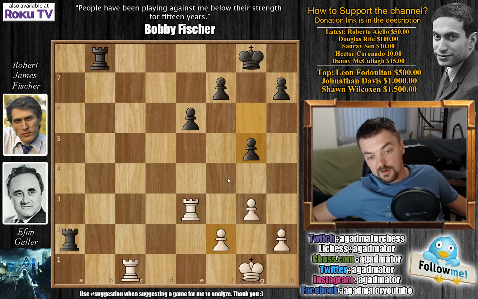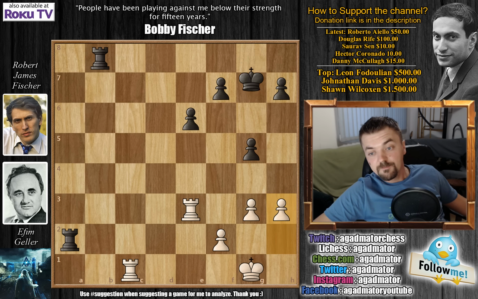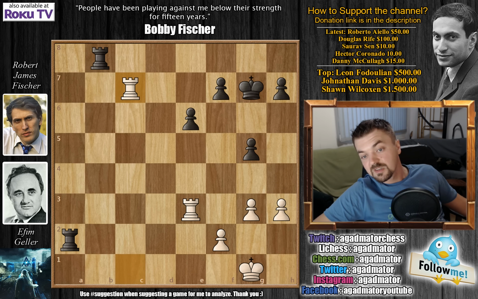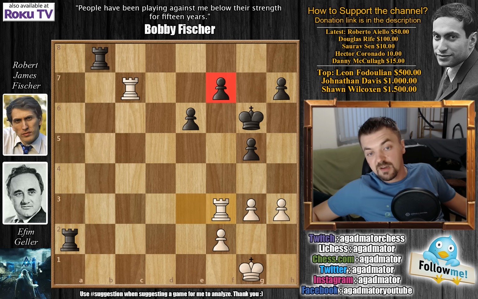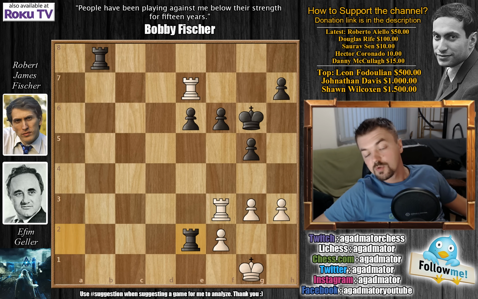Fischer prevents white from expanding with f4 or h4. We have h3, king to g7, and now rook to c7. We have king to g6 and rook to f3. Geller now goes after the f7 pawn. So Fischer plays f6, we have rook to e7, going after the e6 pawn, and now rook to e2, simply